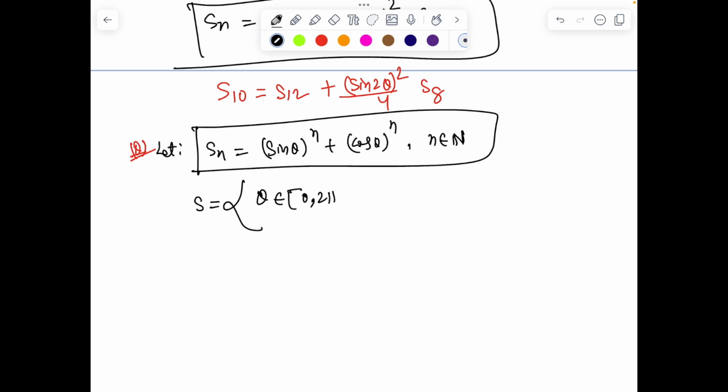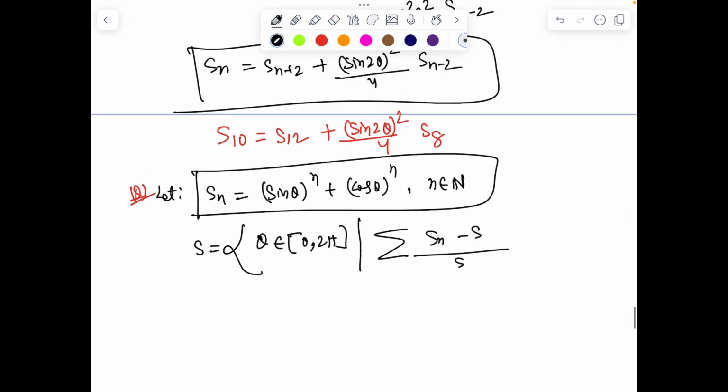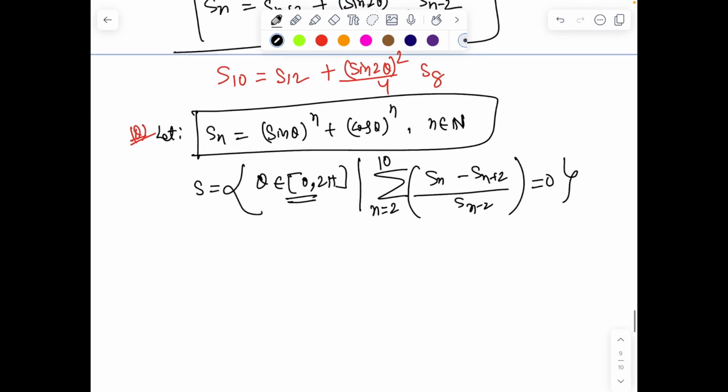अब फिर कंसिडर अ सेट S, एज ऑल θ बिलोंगिंग टू 0 to 2π such that (S10 minus S12) divided by S8 equals 0। मतलब बेसिकली आपको ये दे रहा है S10 minus S12 equals 0, या फिर यहाँ पे सिग्मा लगा के भी पूछ सकता है, बस समझ रहे हो ना। ऐसे दे कैन पुट सिग्मा (S10 minus S12) by S8 के बदले, अब देखो इफ आई गिव एनी वैल्यू, लेट्स से S_n, दिस इज S_(n+2) प्लस 2 S_(n-2), ऐसा करके वैल्यू पूछ दिया, सिग्मा n रनिंग फ्रॉम लेट्स से 2 to 10, दिस इज इक्वल टू 0, सो फाइंड नंबर ऑफ θ।